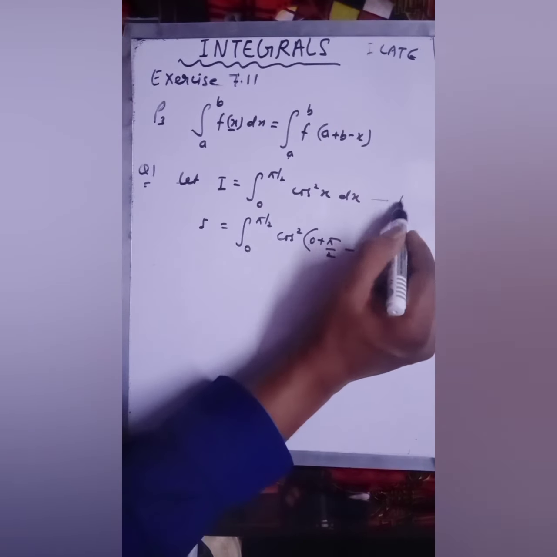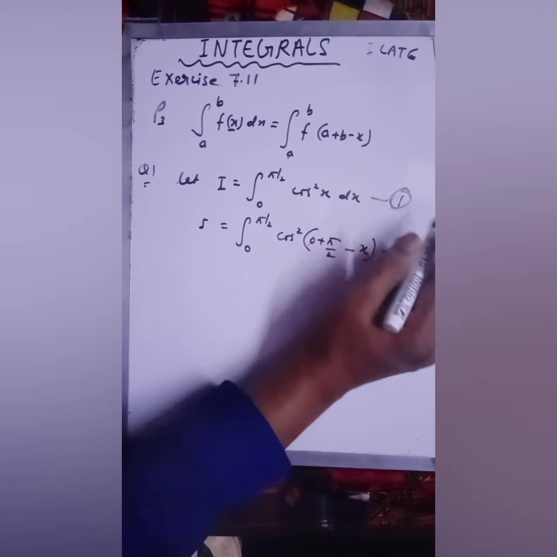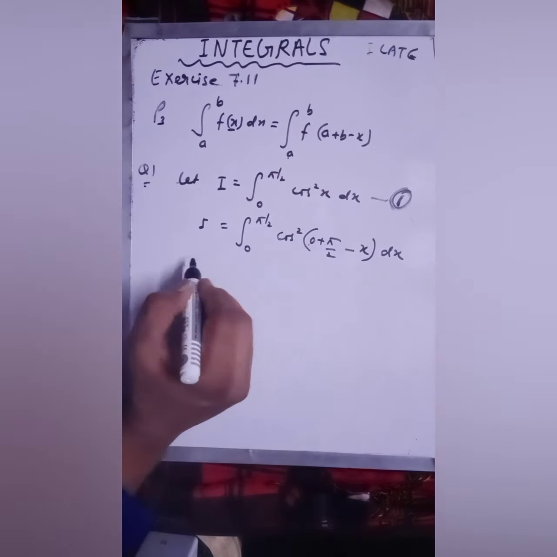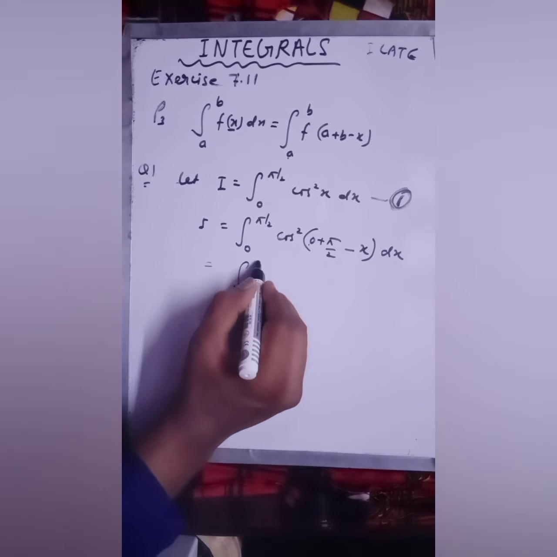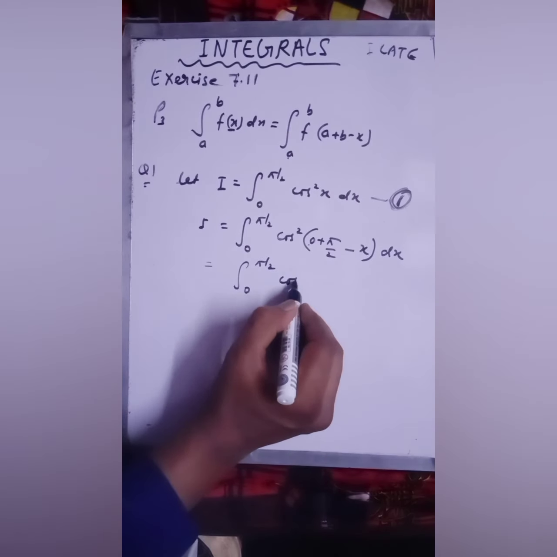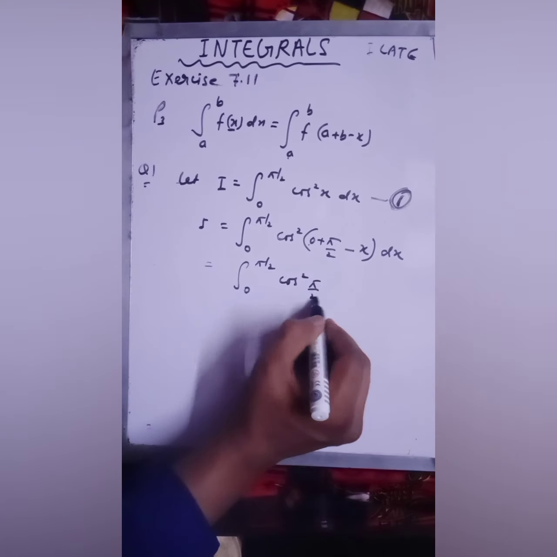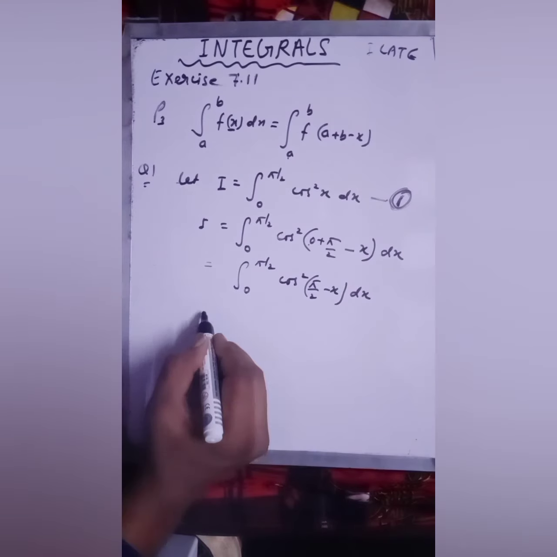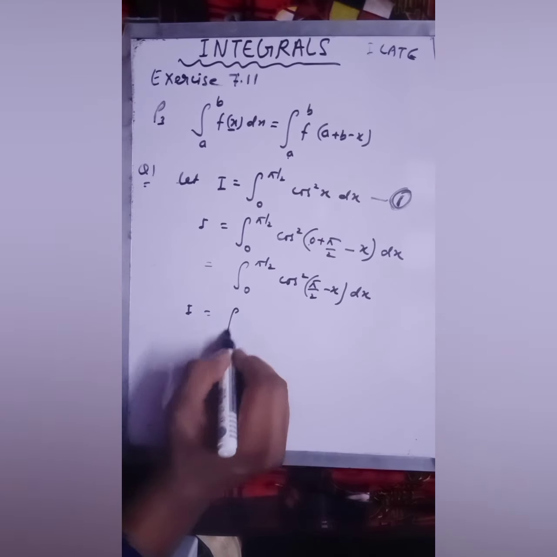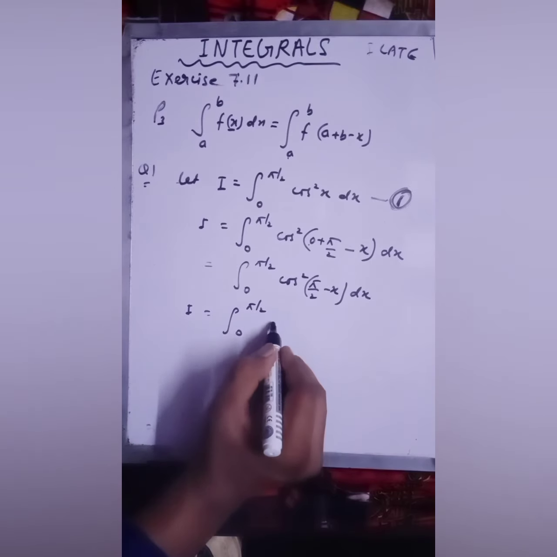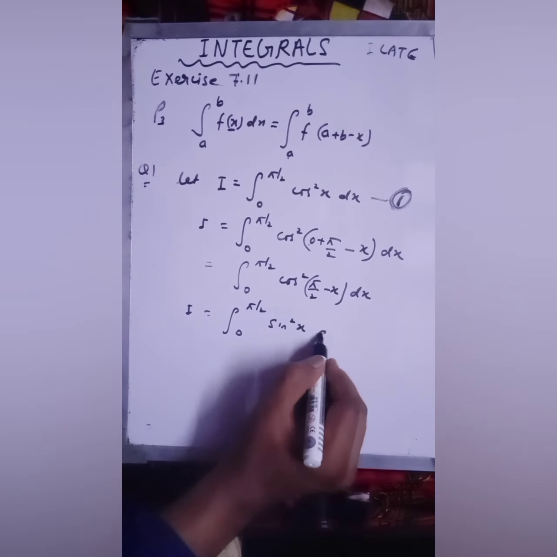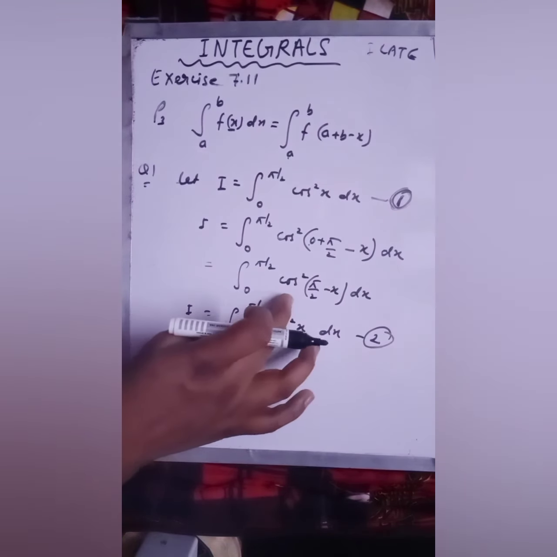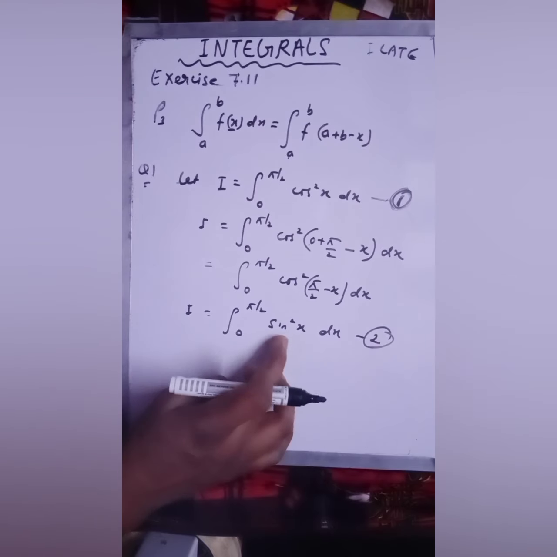And this question which is given to us is equation number 1. So this is 0 to pi by 2 of cos square (pi by 2 minus x) dx. Fine. And this with the same limit 0 to pi by 2 would be sine square x dx, and this is your equation number 2. Got it? Because cos (90 minus theta) is sine theta, so you will write sine x.